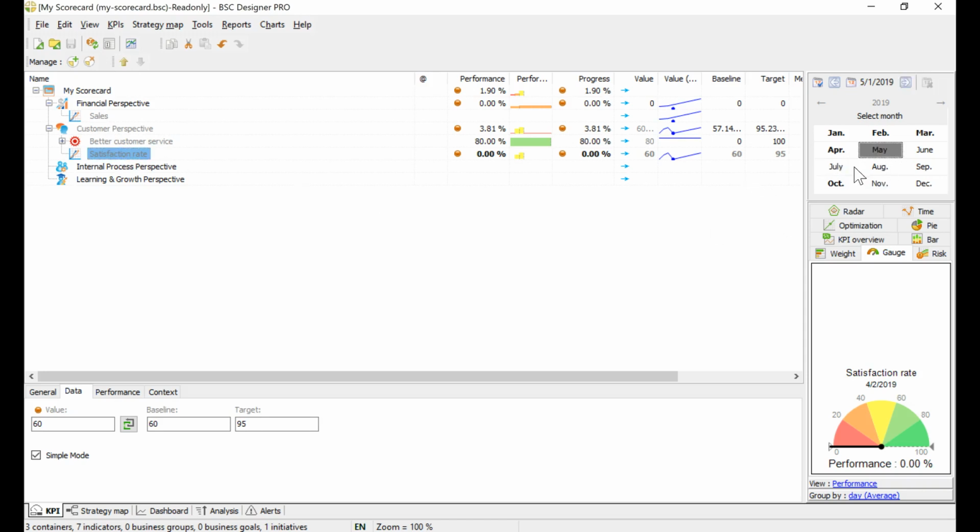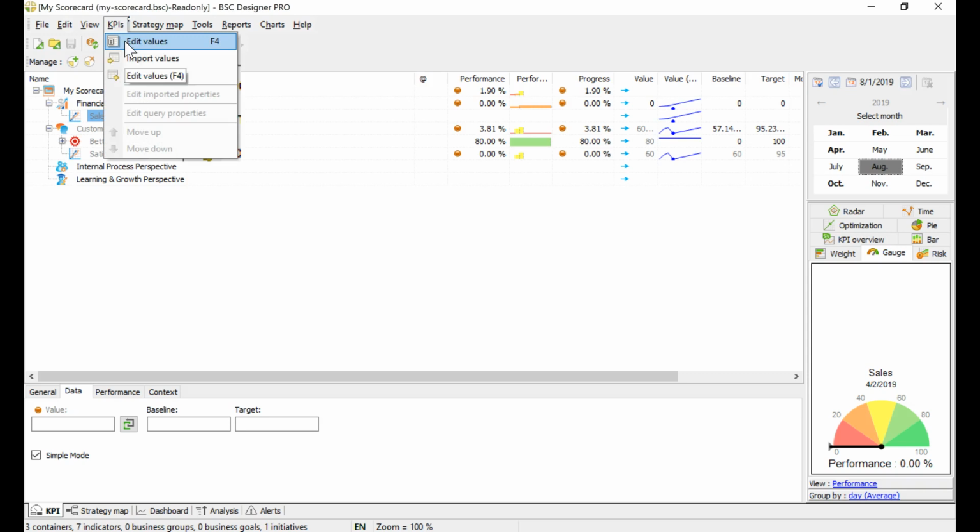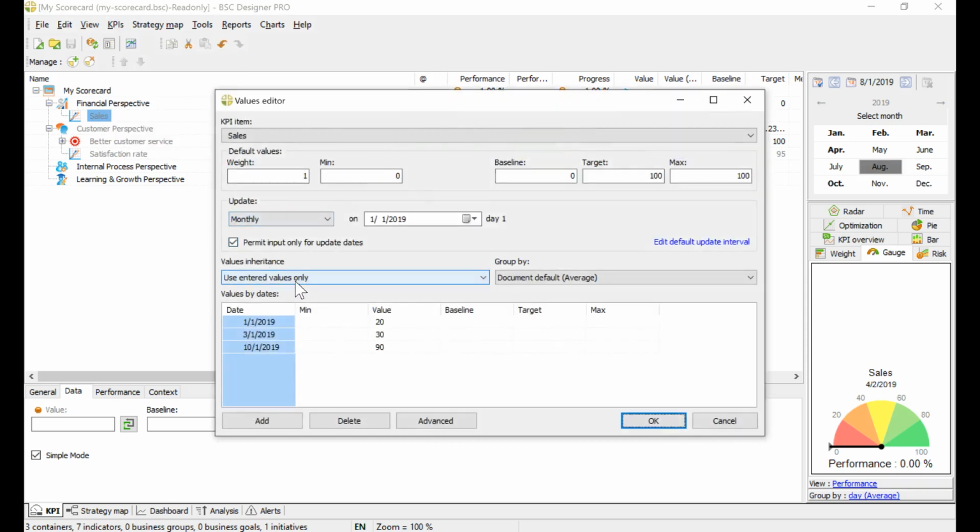That's the difference. That's the difference in how the software calculates the performance as well. Because if I pick some date in the calendar where the value is known, it will calculate the performance for me. And for example, for sales, the value is not known for this date because it's not inherited. So the performance won't be calculated for this date. So that's the idea of inheritance. I have showed you how it can be changed. It can be changed here in the